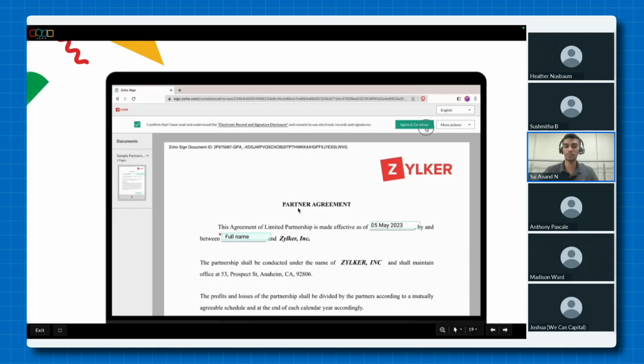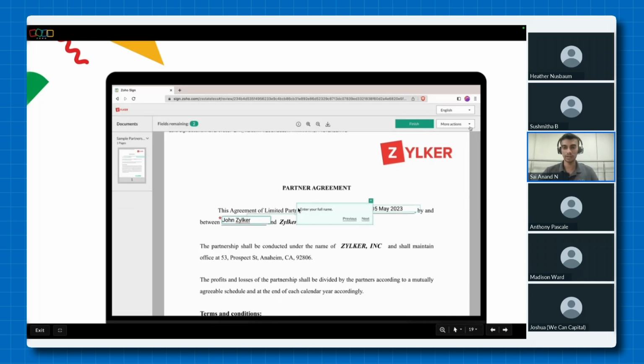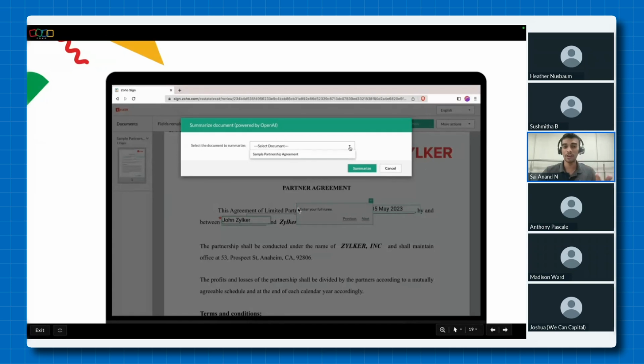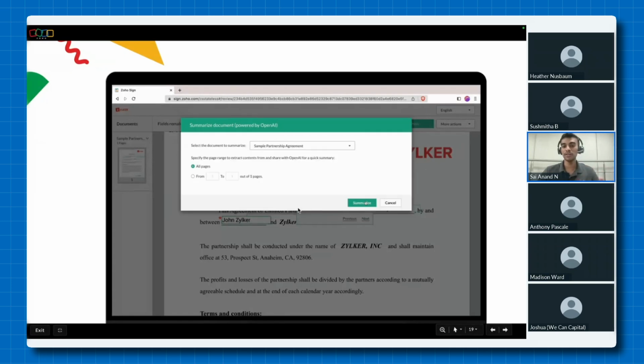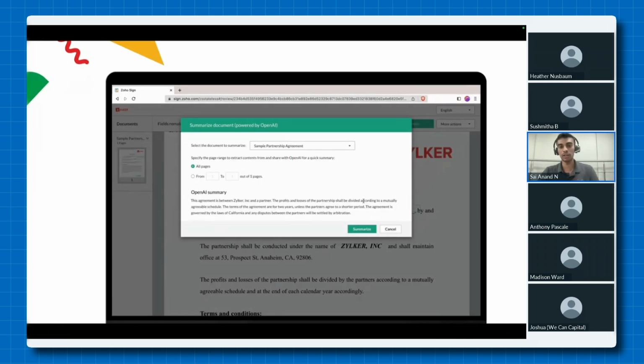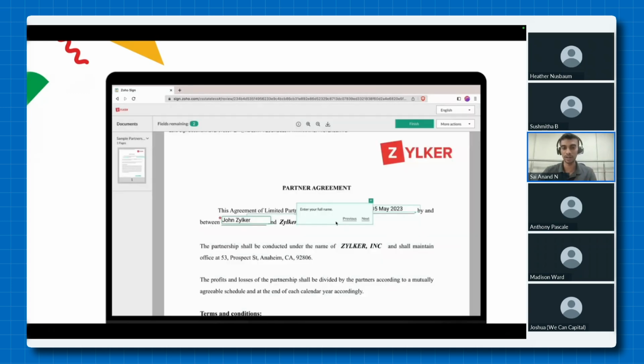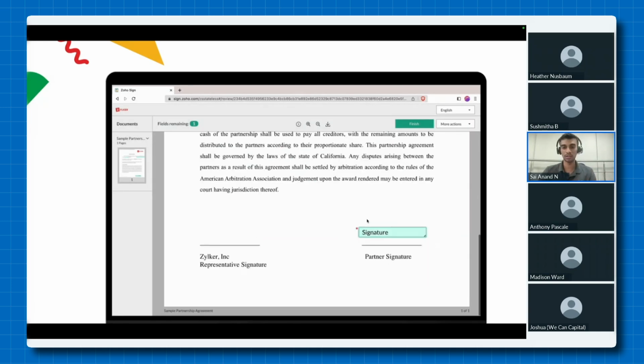So here you have this partner agreement. Now imagine that this document is, say, 40 pages long, right? So somebody who needs to sign this document is already aware of it. So when they're aware of it, they trust their secretary to have done a good job. So what they can do is they can summarize the document to understand what it signifies, and they can just get a sort of a glimpse of what's there on the document and go ahead and proceed to sign the